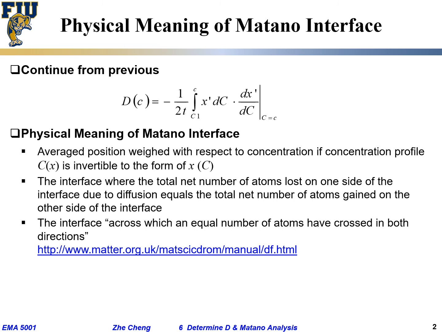Okay? And there's another one, which is to say the interface at which an equal amount have crossed in both directions. And I think